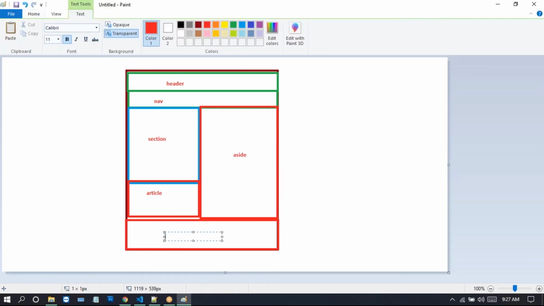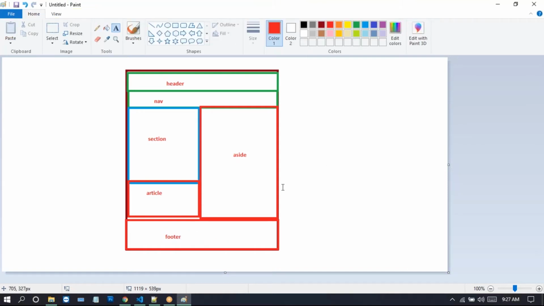So the layout can follow like this. The header provides the header for the document. The navigation provides the navigation for the document, and in the section we can write the content. We can place n number of elements inside these sections. The article denotes things like text or code that we can place in articles. Inside the section we can take articles, and inside an article we can take a section also.